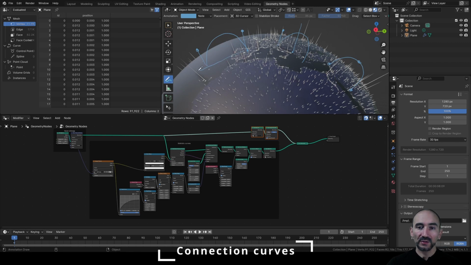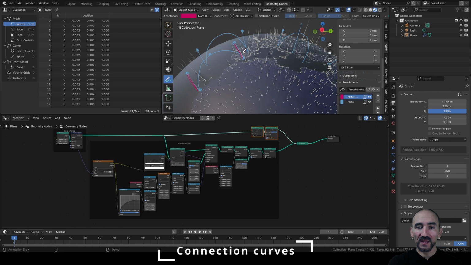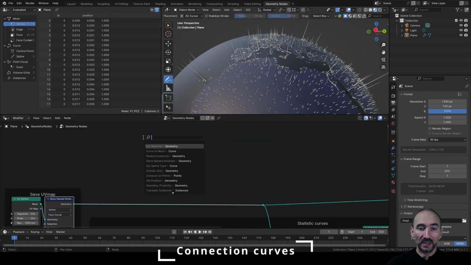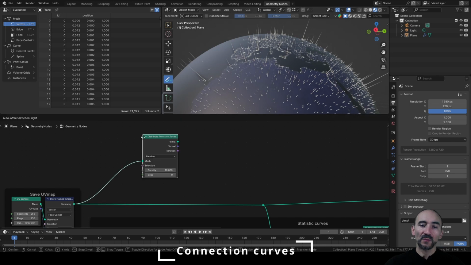So the idea is to take a linear curve that has 3 control points. Then we will shift it up based on the normal of the surface and get the shifted line. Then we are going to take the start and the end point and move them to the nearest point on the surface. And next we are going to tweak the length of the handles to make the beauty of the curve. So for this we can use the original geometry and add these to a distribute points on